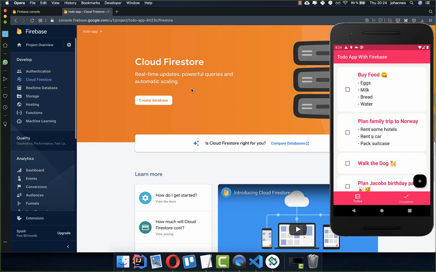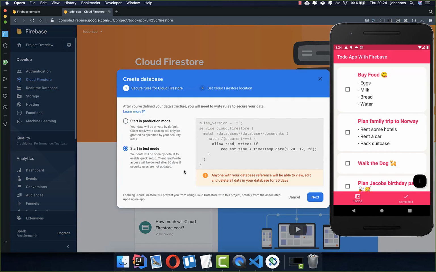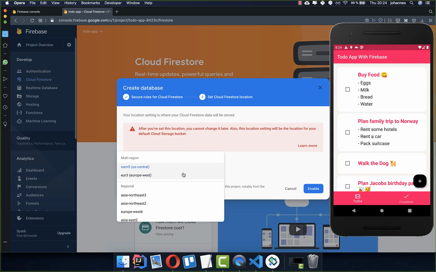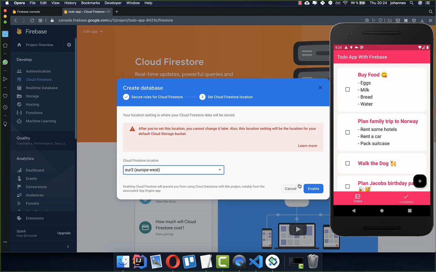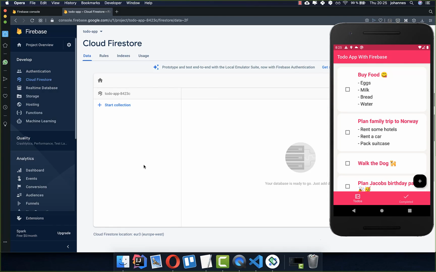And this is basically a database, and therefore you simply click here on create database and you start in production or in test mode. We want to have test mode here, and then we click on next. Then you can choose the server location, and I will choose Europe here, and then I click on enable. And after some time everything is configured, and then you can go to the project settings,